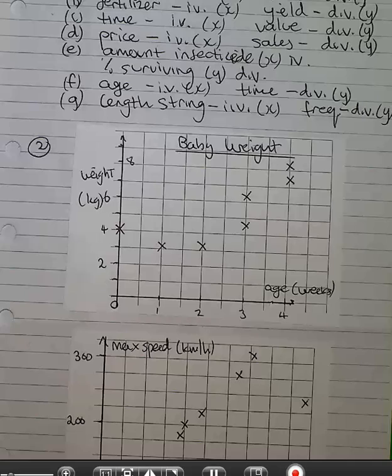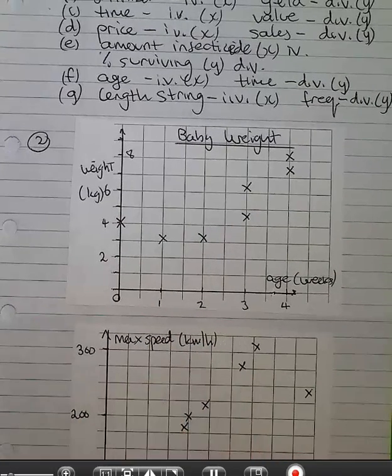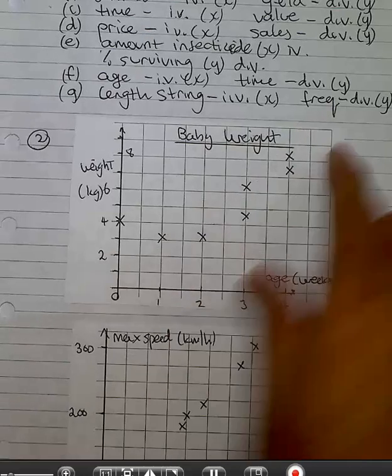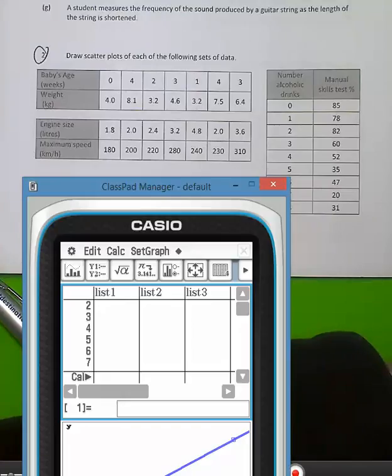I'd now like you to go back to question 2A with the baby weight one. Now you can see with the baby weight one, that's a pretty strong positive correlation in my book, but we better double check it. To do that, we need the original data, not just the graphed data. So what I'm going to do now, as we did before for the two values, I'm going to go into the stats and into those figures progressively. Doesn't matter the order, pair them up, and then fit in the line of best fit, correlation coefficient,